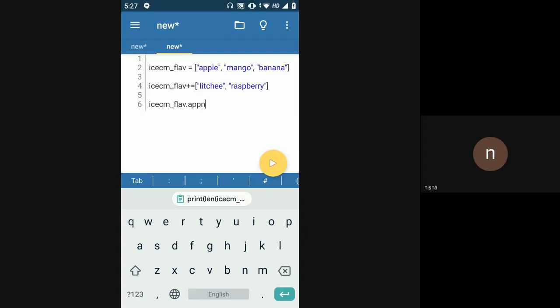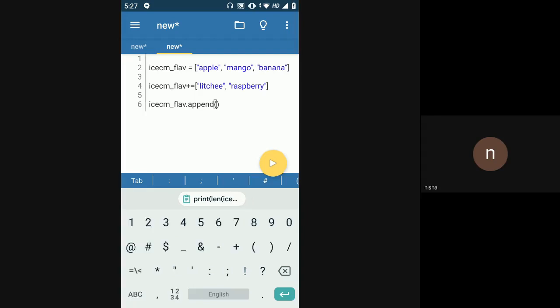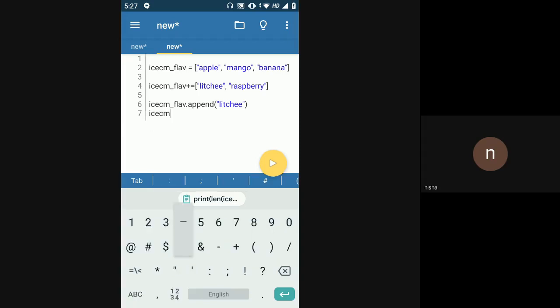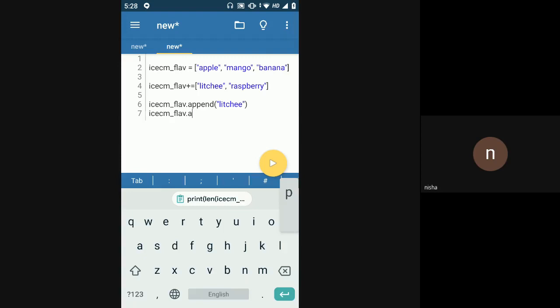But if you want to put the elements separately, then you will have to use append separately, like append lychee, and then again you will have to call ice cream flavors dot append raspberry. Okay, is this clear? If I want to add two more flavors to it, I'll just say append lychee and append raspberry, or I can directly say plus equals lychee raspberry. This will also perform the same function. So if I print